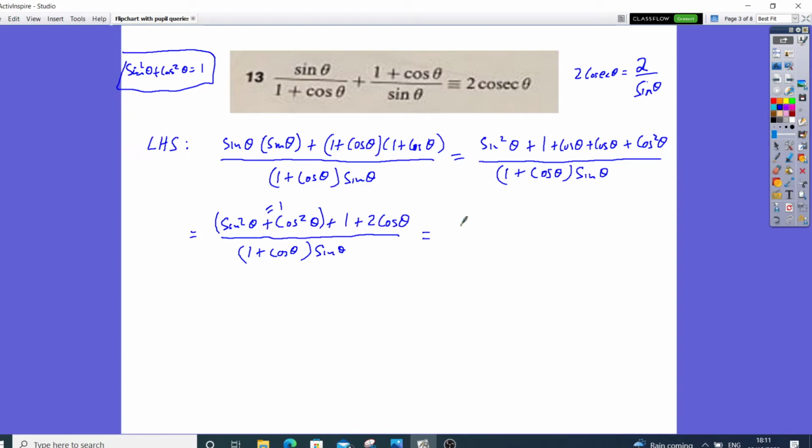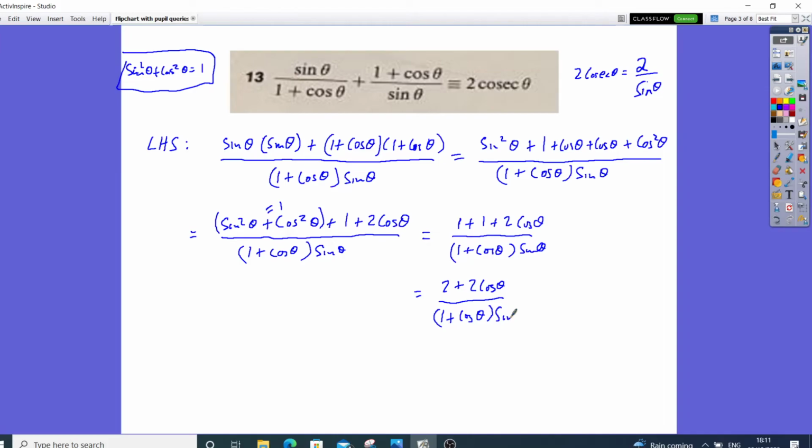So you got 1 add 2 cos theta all over 1 plus cos theta multiplied by sine theta. Now that would be the same as 2 plus 2 cos theta all over 1 plus cos theta